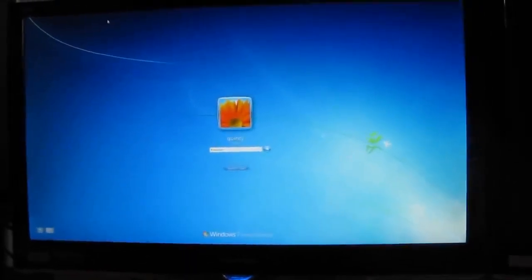Then there's my screens. I have dual monitors, and if you're wondering how I did that, this one is going out through a VGA, I think, and this one's going out through, I think, a D something. I'm sorry, I'm not sure, but they're both going out through two different outputs, and then they're going into my computer. My computer has two screen outputs in the back, and these are both going into it. So it gives me the capability, because the graphics card is just good enough to handle two of them. So yeah, I can have two screens. Let me turn this on here so you can see